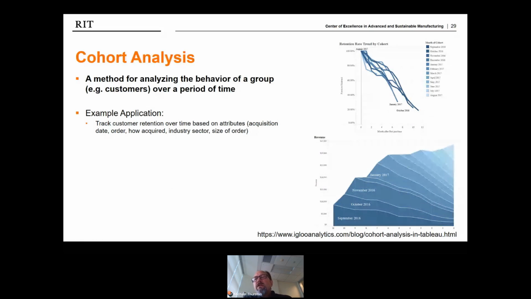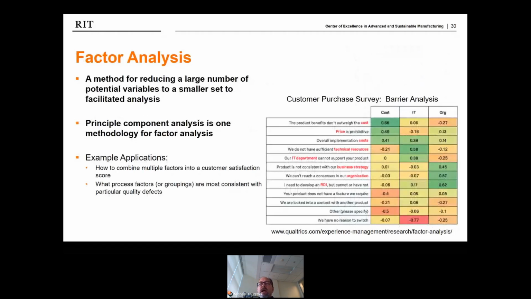Factor analysis is a mathematical procedure that extracts patterns from multi-attribute data. In the example, customer survey data has been analyzed to show 3 dominant types of customer behavior: cost-dominated behavior, IT resource-dominated behavior, and organizational dynamics-dominated behavior. And the labels were added after the fact. So somebody did this analysis and got these factor outcomes. This is based on a customer survey.